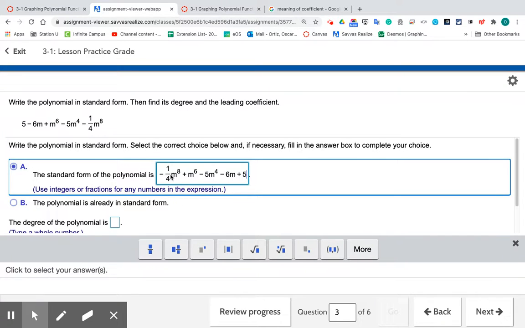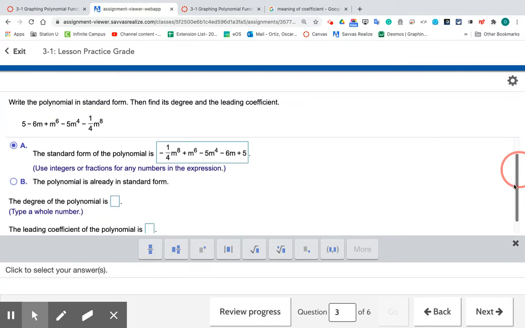So double check that you have the same number of terms and that they are all combined, but they were before, so no reason to think they are not going to be now. 1, 2, 3, 4, 5 terms. Now,